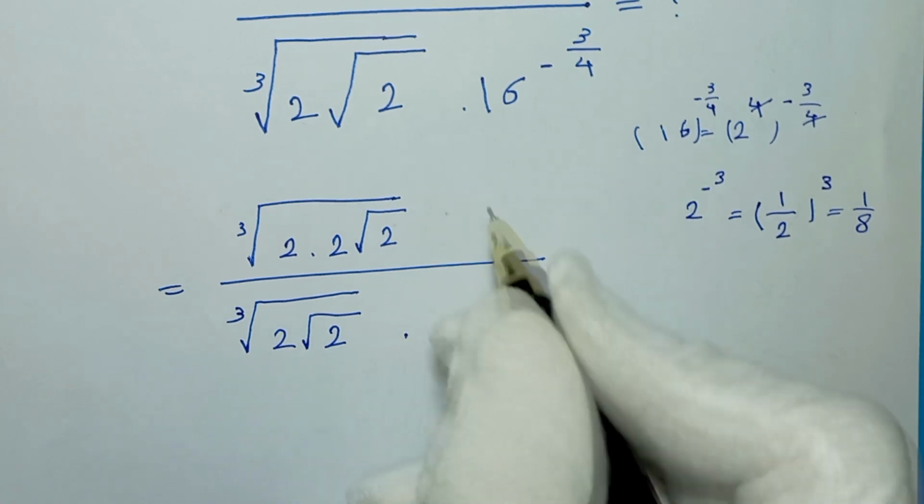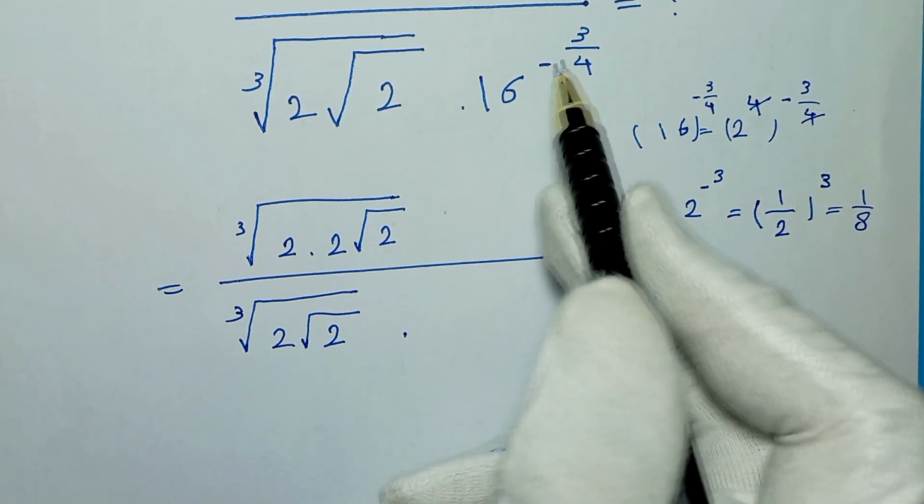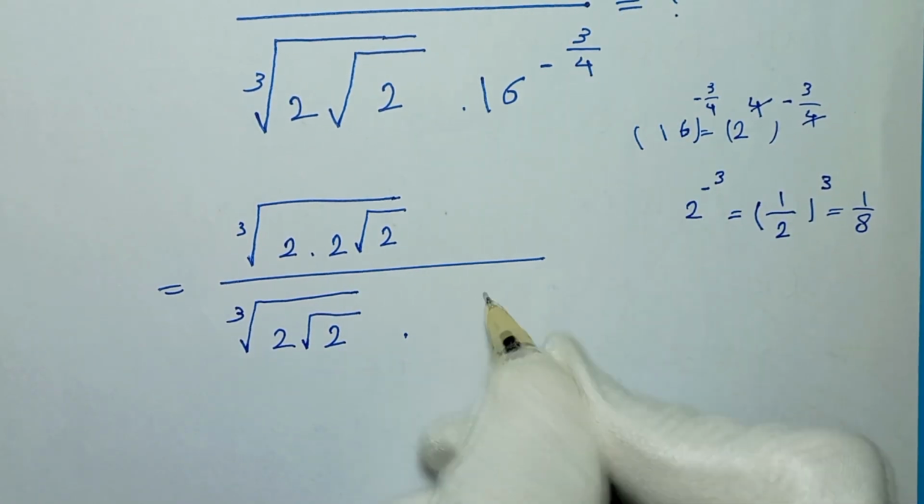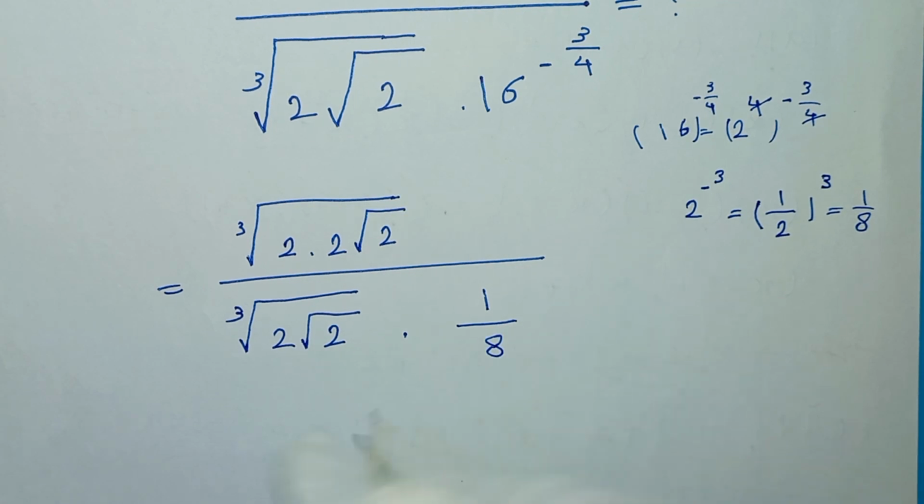So in here, 16 to the power of negative 3 over 4 is 1 over 8,